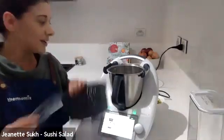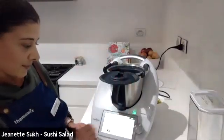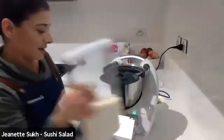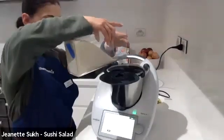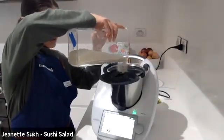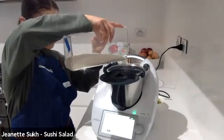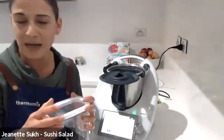I will measure it here, but I have actually pre-cooked my rice. So just to show everybody the scales, it's 400 grams of rice. If you don't have sushi rice, because I know in the supermarkets, the packets are labelled sushi rice, medium grain